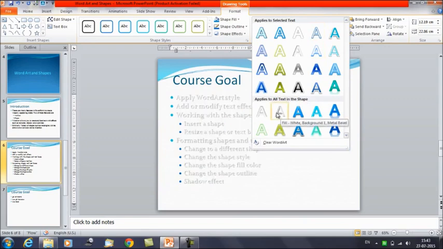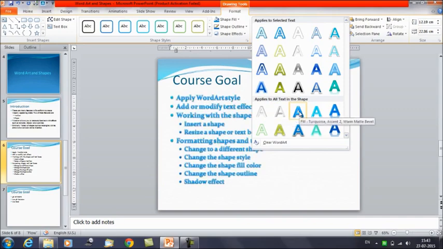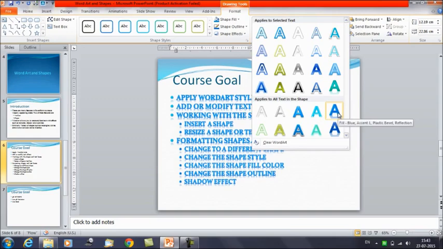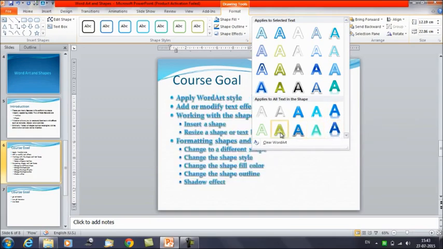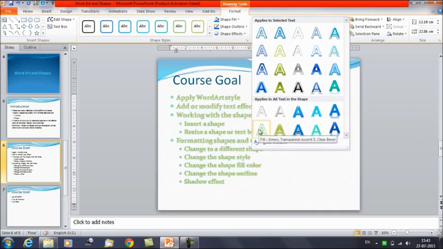So you can try to select any style from this list. You can check the multiple options in the list and see which option best suits your presentation style.